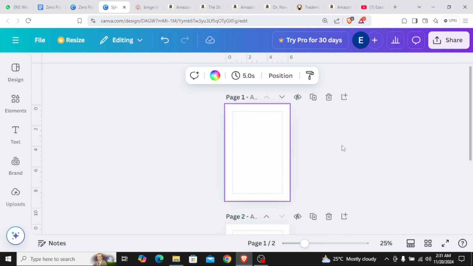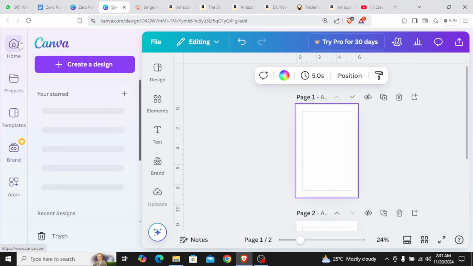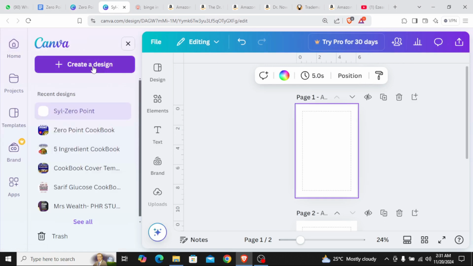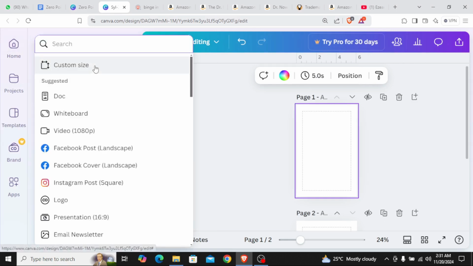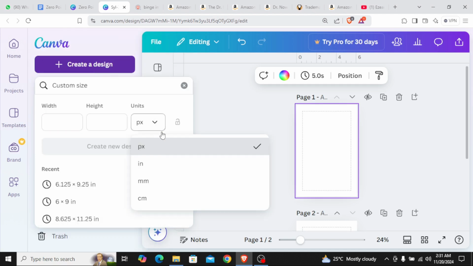So the first step is to create a blank Canva page that I'm going to use. In case you're wondering how to create it, just click on these three dots, create a design, custom size. Make sure it's in inches. Let's say you want to create a 6x9 cookbook. I'm going to put